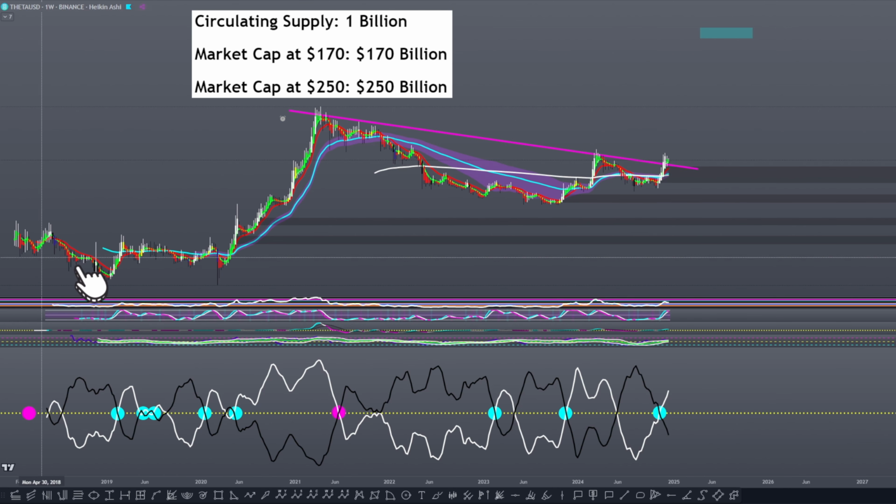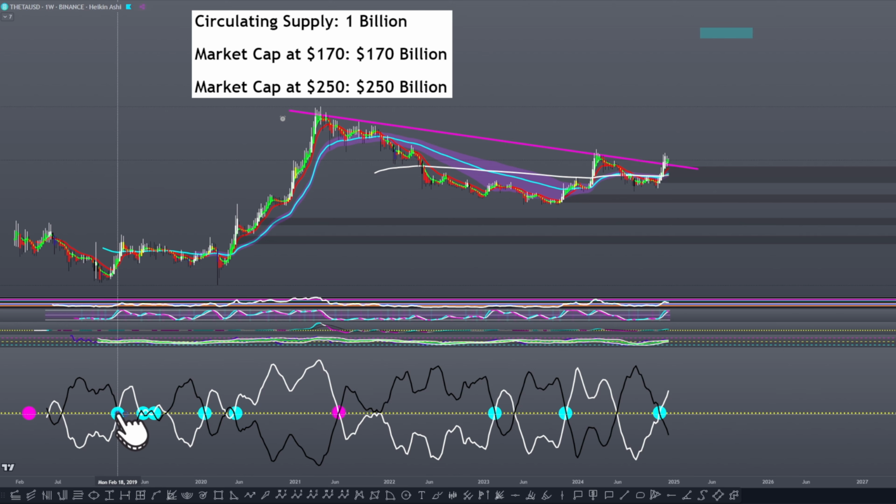But ultimately, like I said, you would have been buying during the accumulation period, and theta then ended up moving from, let's just round it to approximately 5 cents, all the way up to $17 almost. That would have been a very good opportunity. So we had 1, 2, 3 here in February 2019. Again, you're buying during an accumulation period in the bigger picture. Fantastic buy-in, at least in my view.